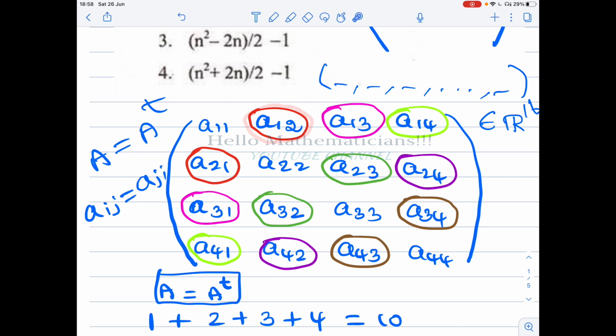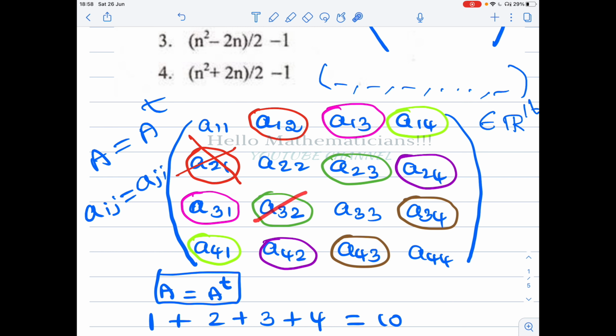These two values should be equal. Whatever value comes here, the same value has to come here. So you put any real number here, keep it free, but whatever value you put here, that value only should come here. Therefore, you can take this as a free variable and this variable depends on it, so this is a dependent variable. Since it is a dependent variable, we strike it out, because dependent variables do not contribute to the dimension. Similarly, you take this as a free variable, then this will be a dependent variable, so we strike out.